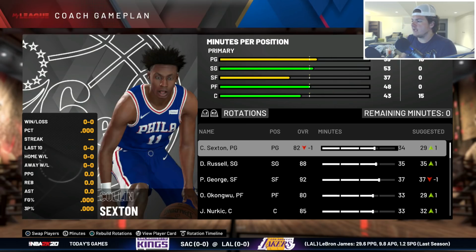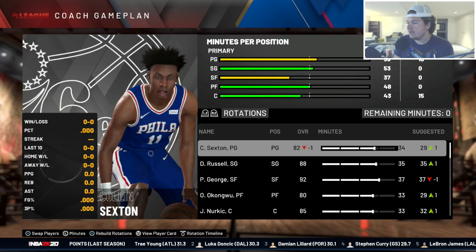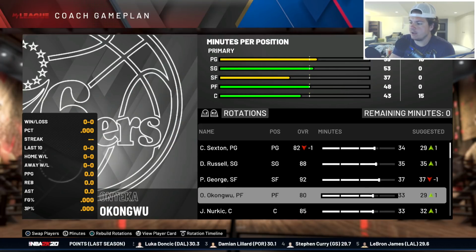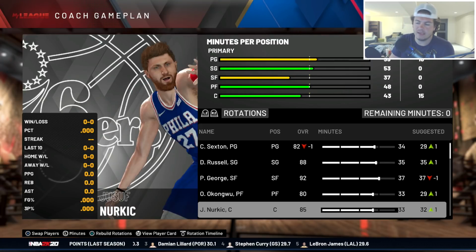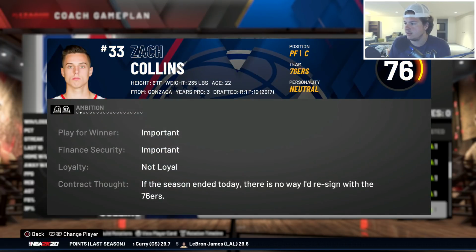So rotation is all set here. I don't know why Colin Sexton's morale is already down. You haven't played a game yet, dude, but it's how it works here. Colin Sexton, D'Angelo Russell, Paul George, Onyeka Okongwu. Again, I'm probably saying his name wrong. Yusuf Nurkic. Bench looks like this. Ricky Rubio, DeAnthony Melton, Zach Collins is also...